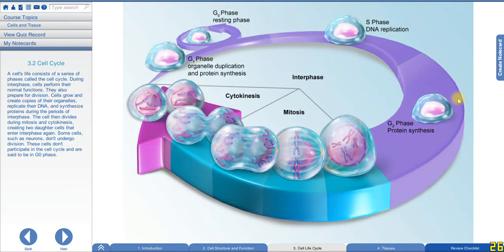In the cell cycle, we can see there are two more phases, that is cytokinesis and obviously mitosis. Mitosis is what I'm explaining to you. Mitosis is the cell division in which one parent cell divides into two identical daughter cells. So that's what mitosis explains to us. Then cytokinesis. Cytokinesis, its word means